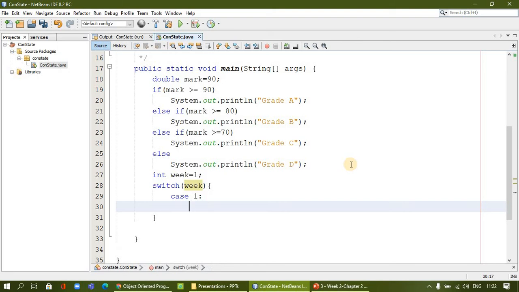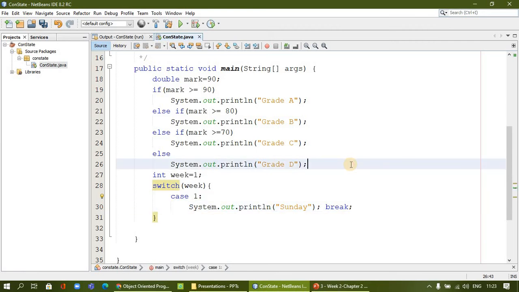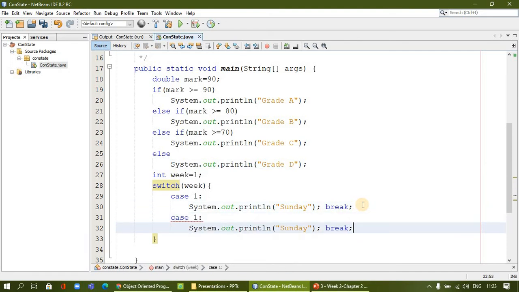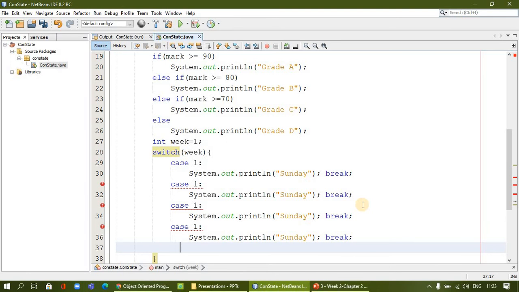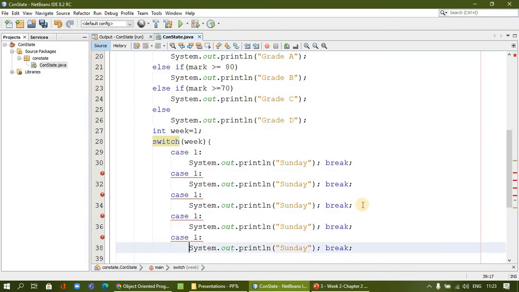I will just use system.out.println, this is Sunday. Then we can break. Okay. Same way we can copy paste for all other days, and we can change the value. This is case 2. This is case 3. I will replace the value. So this is 2, then I say this is Monday.